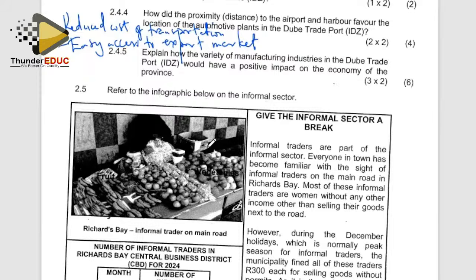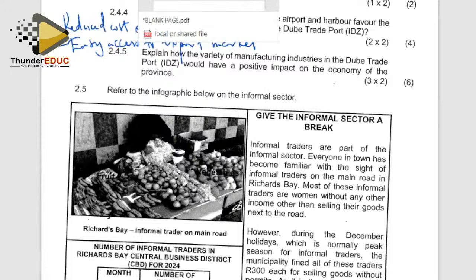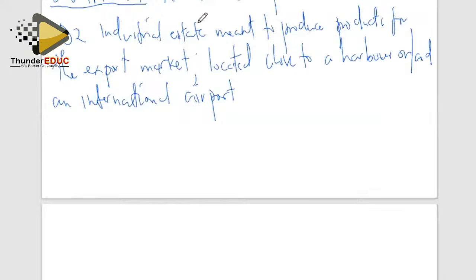Explain how the variety of manufacturing industries in the Dube Trade Port would have a positive impact on the economy of the province. A variety of industries. We are told of a number of industries that are available there. How would it impact on the economy of that particular province? That is question